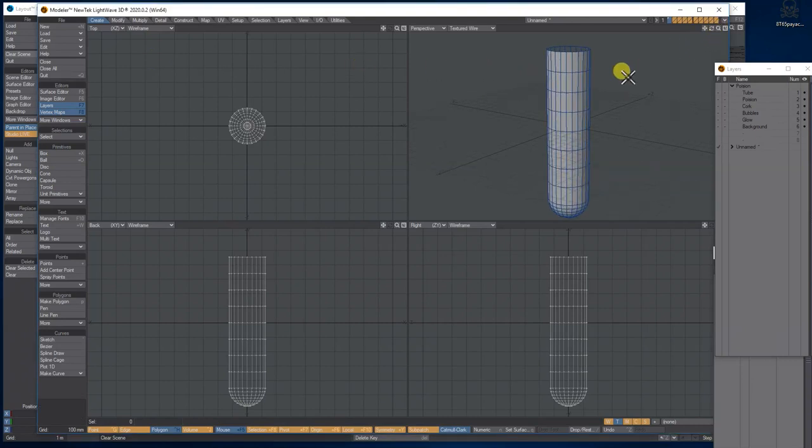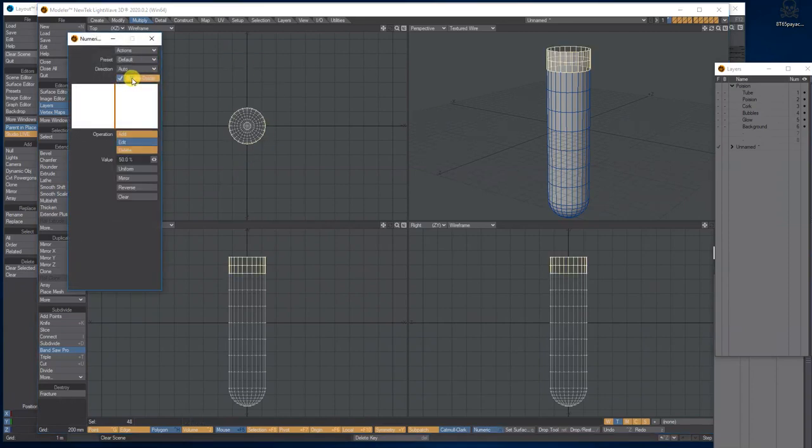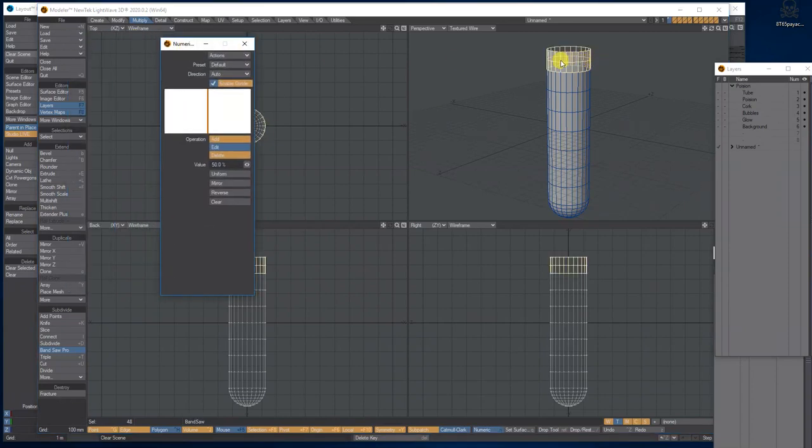Next I want another row of polygons around here. I could simply select the edges of this loop and move it up, but what I'm going to do is select two polygons, go to the multiply tab, bandsaw, press N on the keyboard to bring up numerical and press enable, and it gives you this extra row.